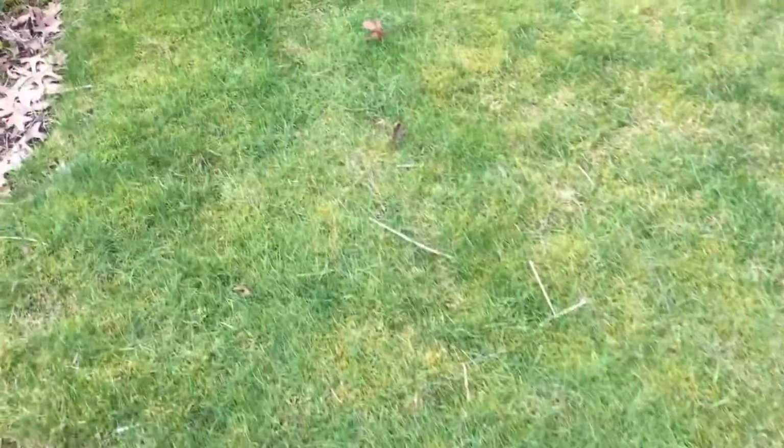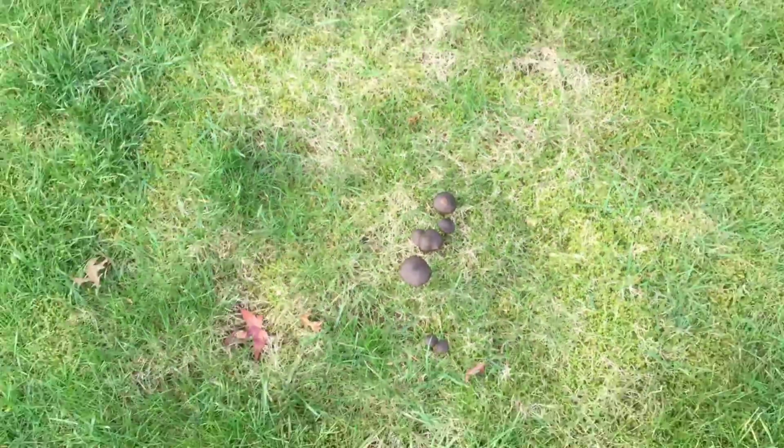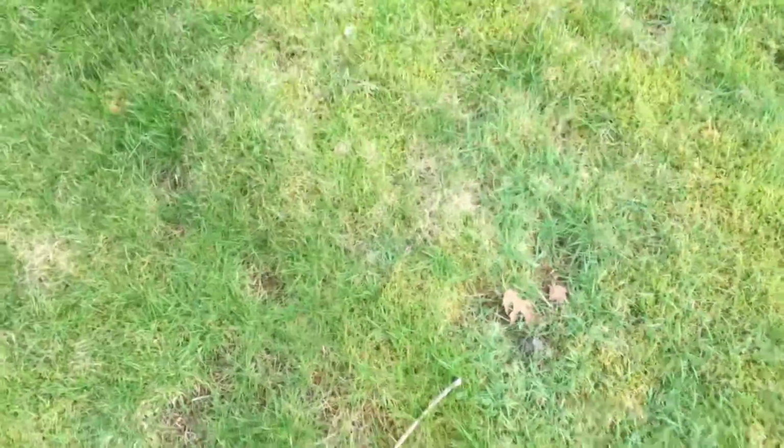Okay, so this is my lawn. This section is a lot of moss, okay? A lot of moss. All right, and then we slowly get to more grass, less moss, still some moss, some mushrooms. Oh, look. No thanks. So, lots and lots of moss, okay? But more than anything,